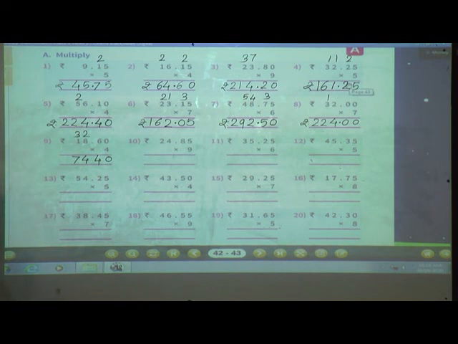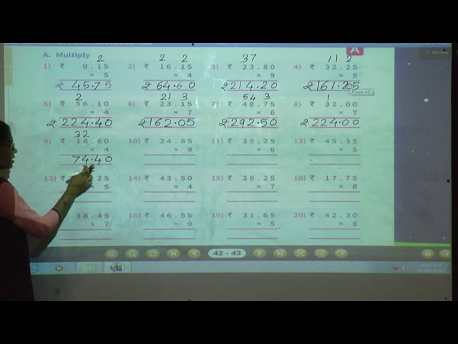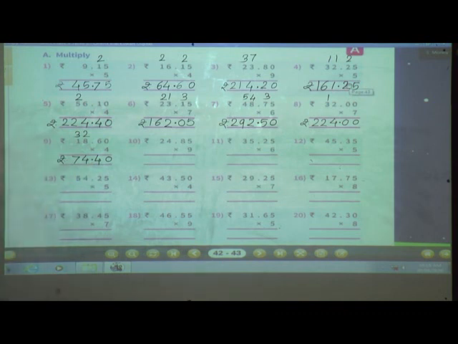Okay. Now give a dot. Yes, where will you give it? From the right side, which one is the second digit? This 4 is the second digit. So before 4 we have to give the dot. So the answer is rupees 74.40. Yes, what is the answer? Rupees 74.40. Understood? Okay. Now see the next example.